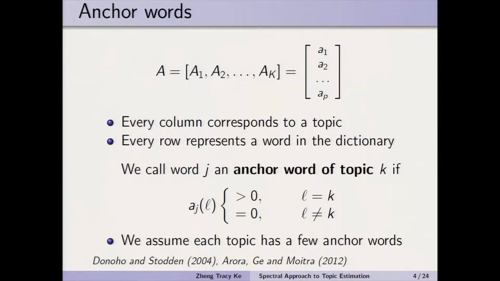I need a notion that is widely used in the literature. The quantity of interest A is a tall and skinny matrix, and each row of it corresponds to a dictionary word. We call a row of A an anchor row if it has only one non-zero coordinate. The interpretation of anchor words is that these words appear in the documents only when a certain topic k is discussed. For example, a gunshot can be viewed as an anchor word for the topic crime. It won't appear if you discuss sports or climate change, say.